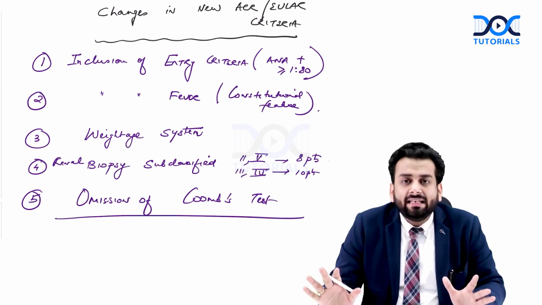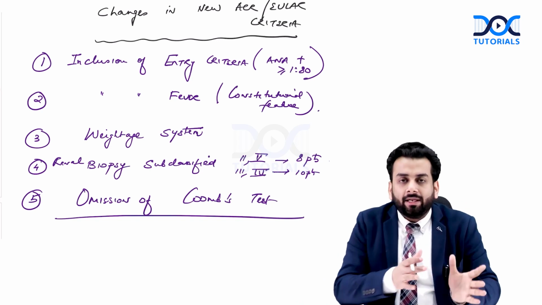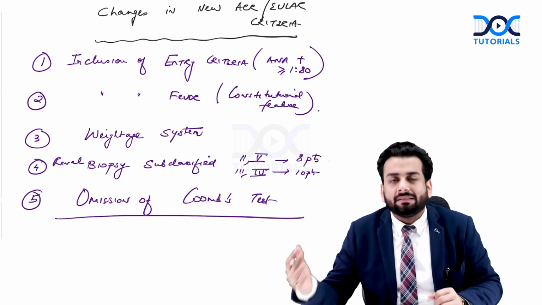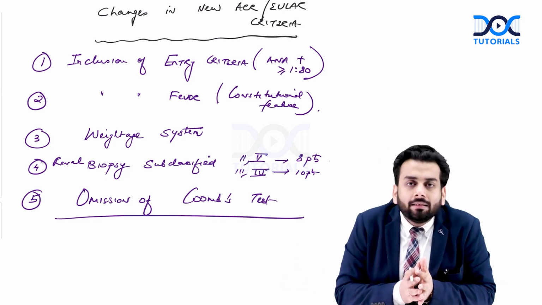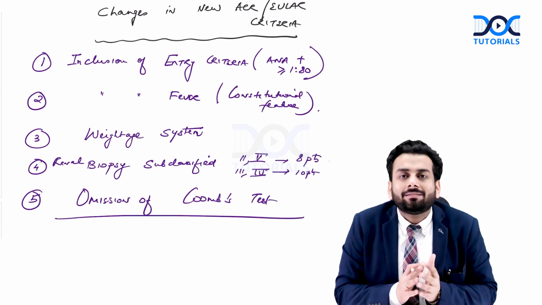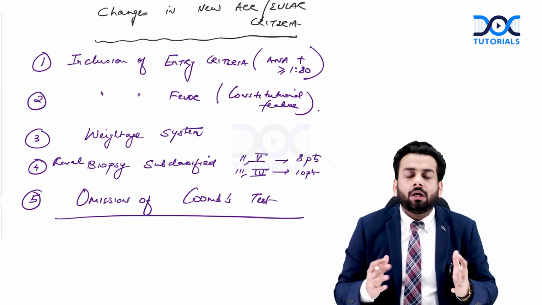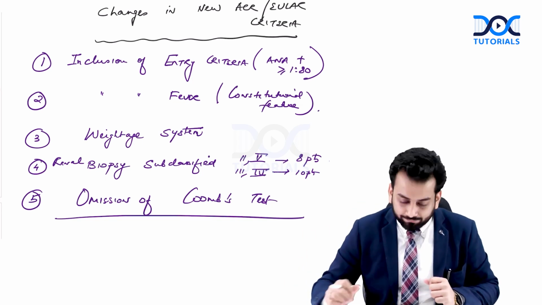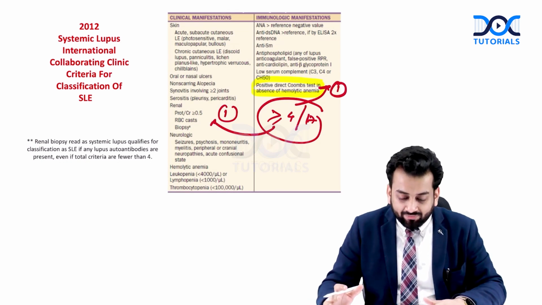So mainly these are the 5 new changes that have been implemented into the new criteria and which will help you remember the differences between the previous one and the new one. And of course, why was this implemented? Basically to increase the specificity and sensitivity of the criteria to diagnose patients and classify patients as lupus. So after having diagnosed a patient to be having SLE,